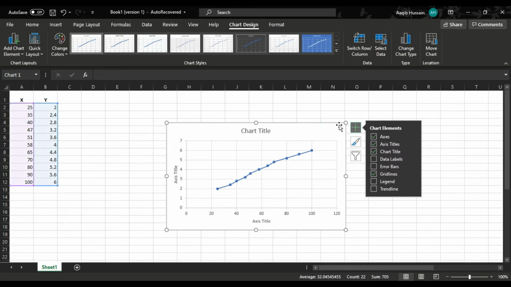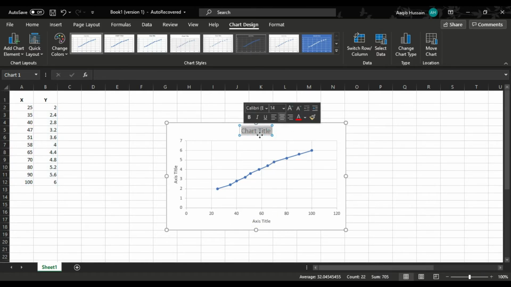Now to edit the chart title and axis title, just select this box and select the whole text, and now you can rename it. I am writing x versus y, but you can give the graph any title that actually represents your graph.